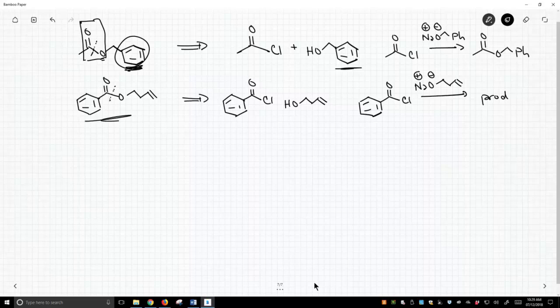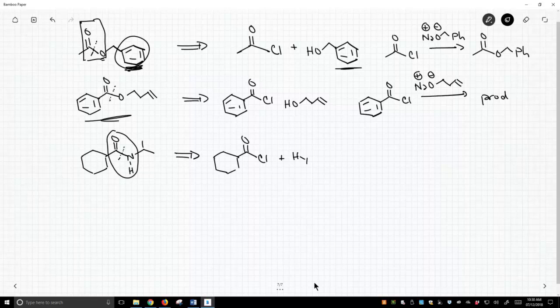So how about amides? Amides are just as easy. Let's say we wanted to make this molecule. This is an amide. Focus on the fact that this is the part of the molecule that we're trying to make. The rest, these are just R groups. So this cyclohexyl group on the left, we're going to need that as the acid chloride, and we're going to react it with